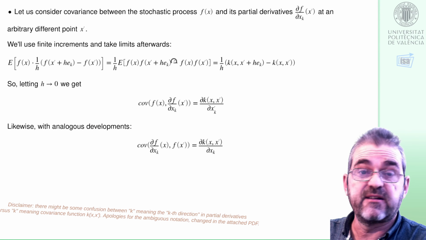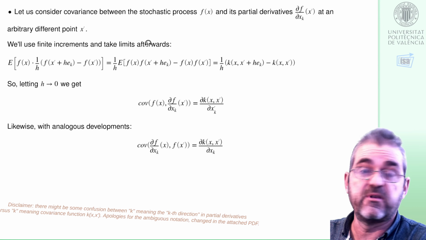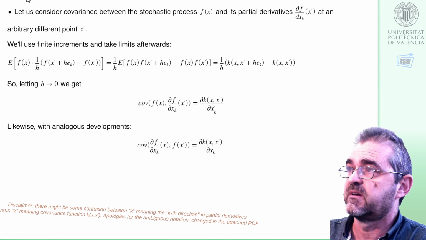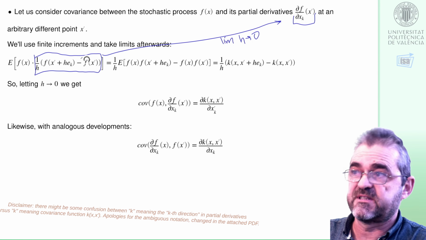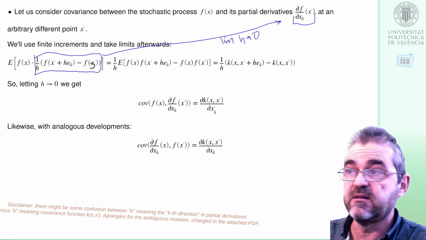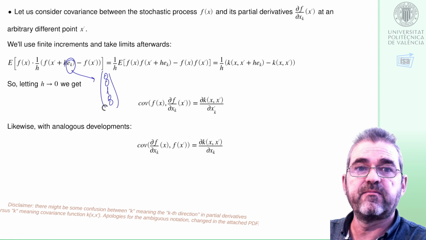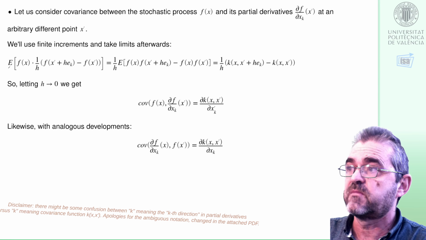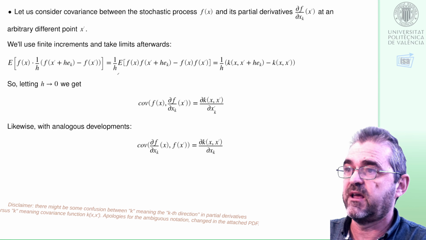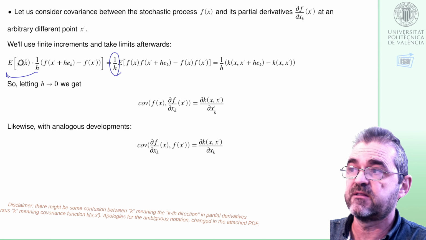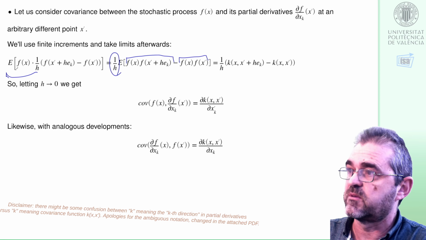So we'll do something similar to what we did with the mean. We'll use finite increments and then we'll take limits. So let us first consider the finite increment version of this partial derivative, which is this finite increment that, when I take the limit of h to 0, will be the thing. e_k is again the canonical vector in direction k. So, forgetting about limits, we'll take this expectation, and h can go out of the expectation, and if I compute these products, I'll get this product minus this thing when I multiply everything by f of x.